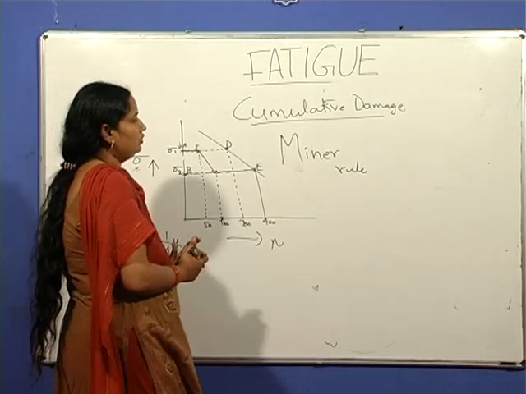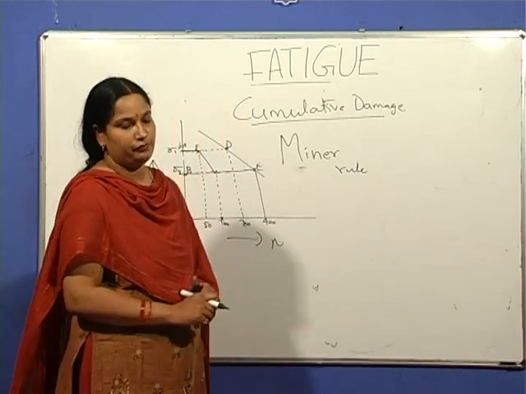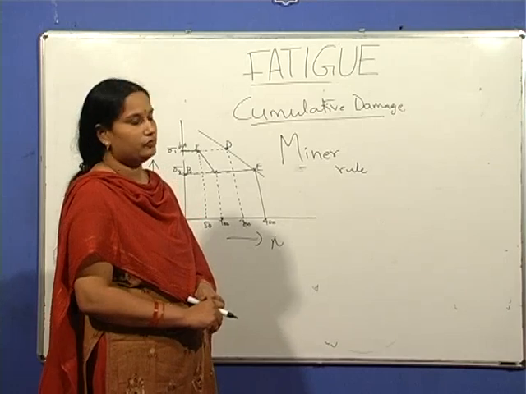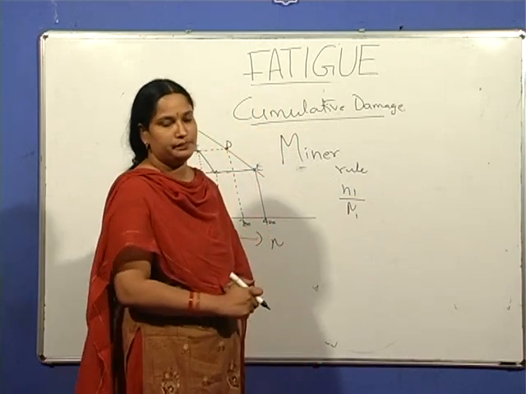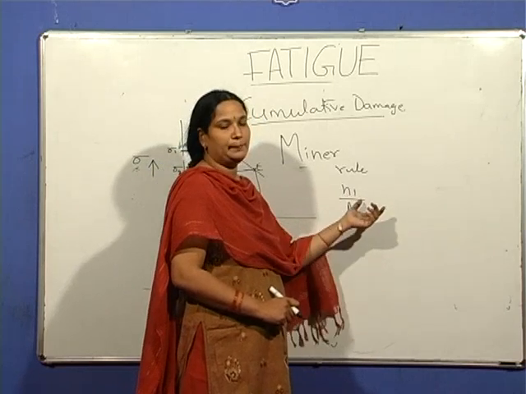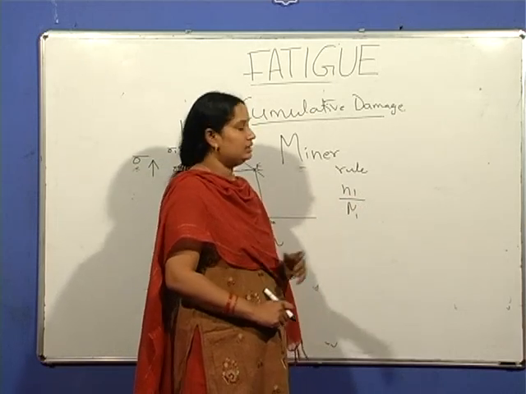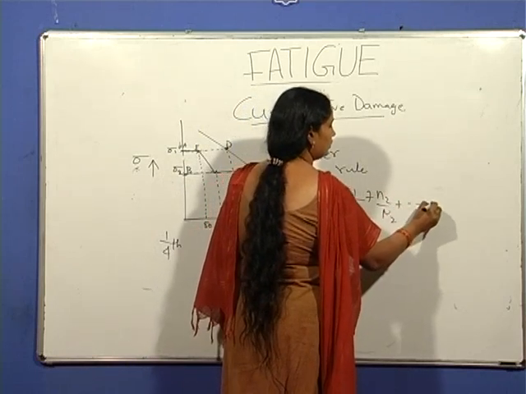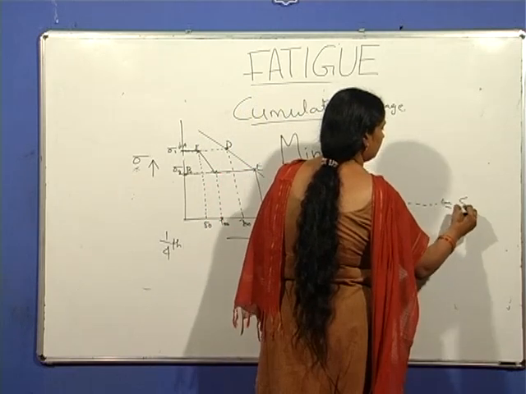So, this cumulative damage rule, which is given by Palmgren-Miner, assumes that the total life of a component can be predicted by considering the sum of the percentages of life consumed at specific stress levels. It is given by small n1 by capital N1 plus n2 by N2 and so on. So, this is equal to sigma